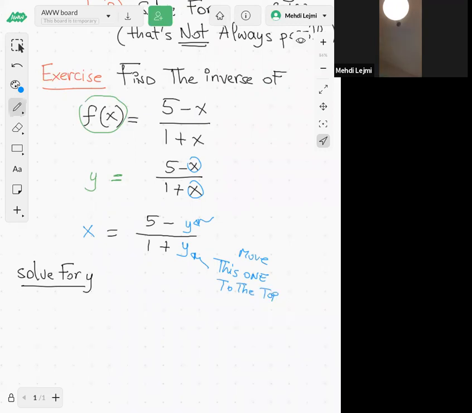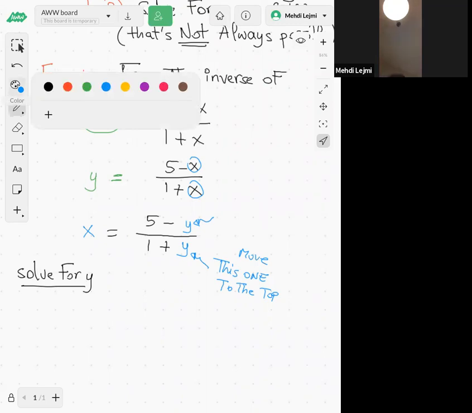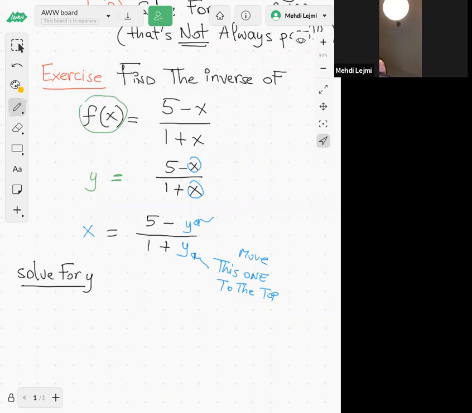Okay, because I need to solve for y anyway. So what we can do here is the following. On the right side, we have a fraction, 5 minus y over 1 plus y. That's a fraction, right? So what I'm gonna do,